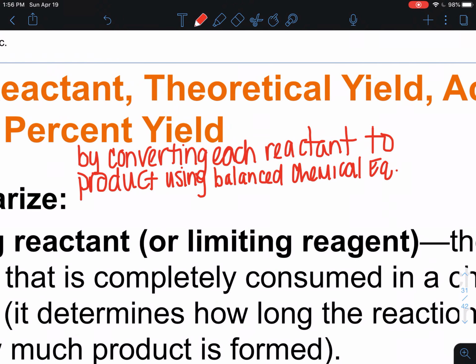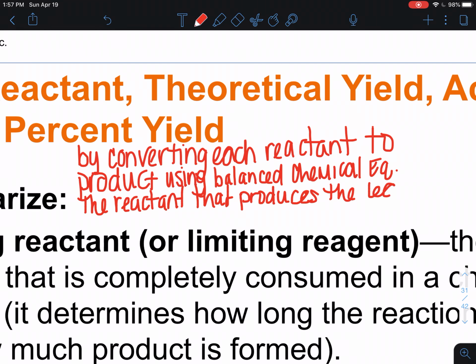Okay, so we determined the limiting reactant by converting each reactant to product using the balanced chemical equation, and the reactant that produces the least amount